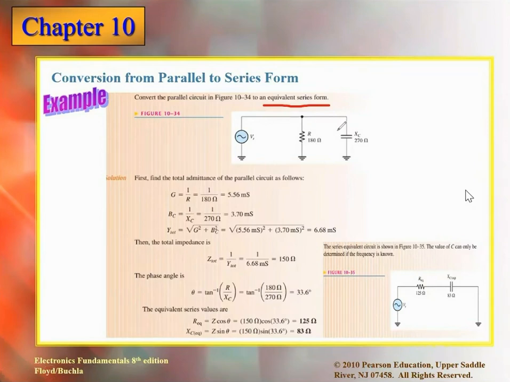How can we find Z? There are two ways. Either you go for the concepts we know: calculate the conductance, then the susceptance, then the admittance. Or can we directly calculate Z for the parallel? If yes, what is the formula? Do you remember? Z is equal to